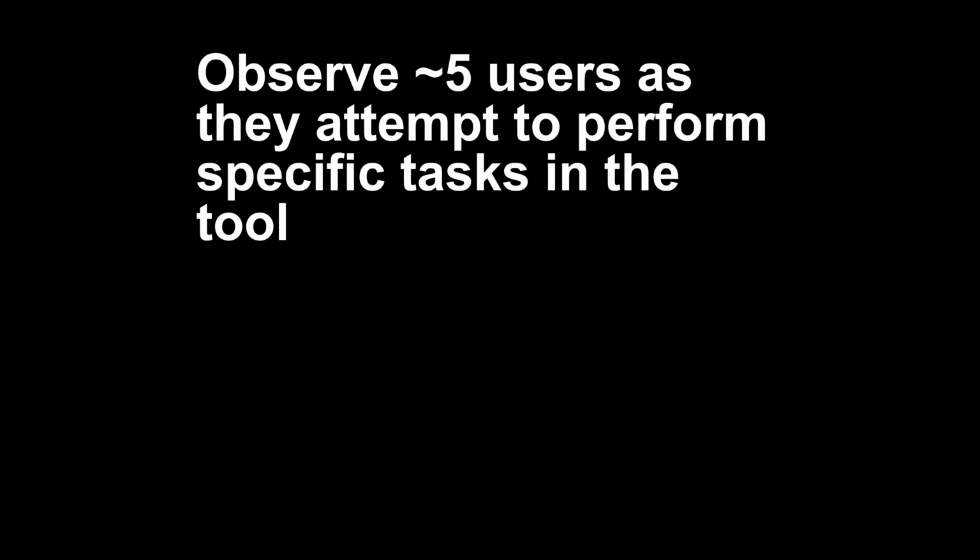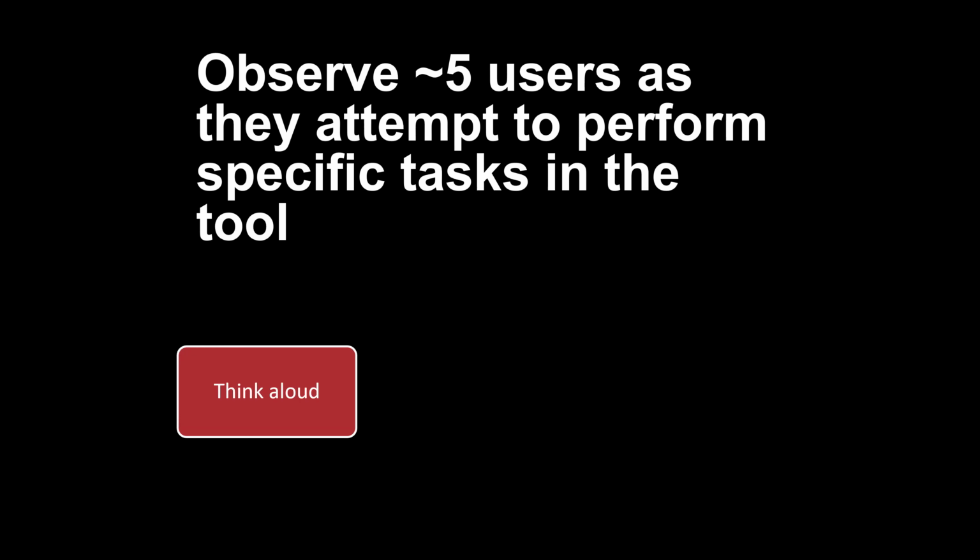So to step back, in the process of doing this testing, you observe users performing some specific set of tasks. We provide them an intro where we talk about what they'll be doing. We ask them about themselves, about their data process, and then we ask them to work through one or more scenarios or series of tasks. And as they go through these tasks, we ask them to think aloud so that we can understand why they are clicking on things, what they were expecting when they clicked on things, and how they're interpreting either terminology on the page or charts.